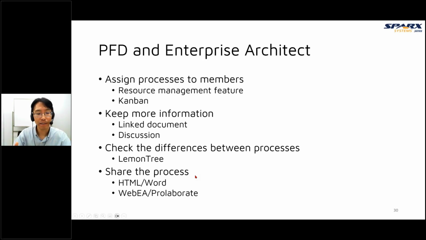So sharing the current process is most important. If we use the HTML Word feature, we need to recreate the HTML Word document, but by using WebEA, we don't need to update or recreate; the information is automatically updated after we modify the process flow diagram. So it's very important to use these kinds of tools to share the current process flow.